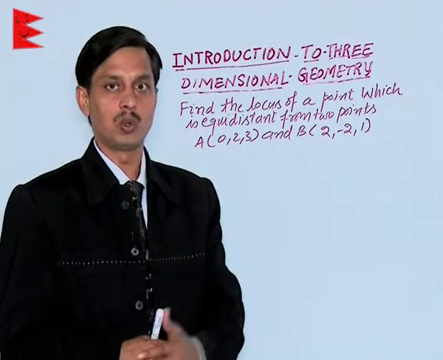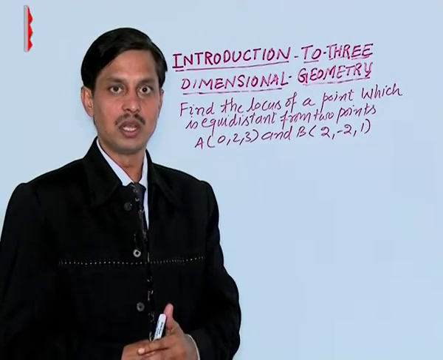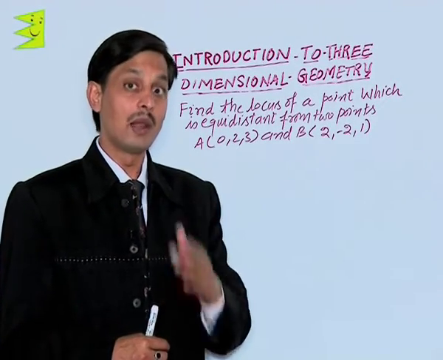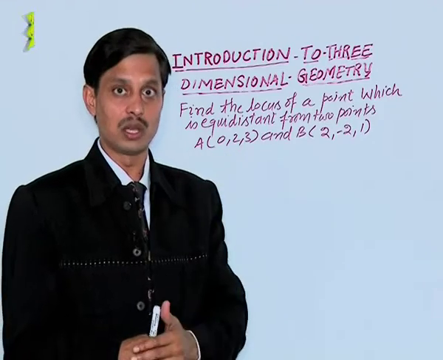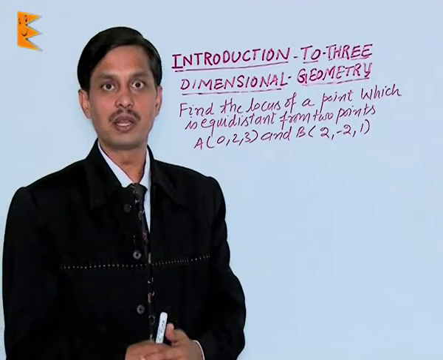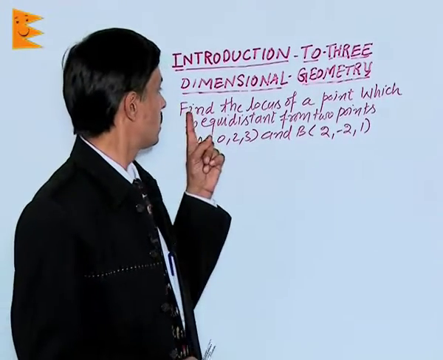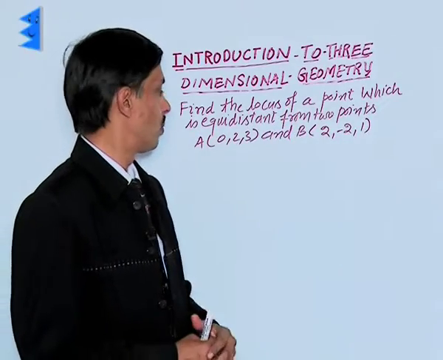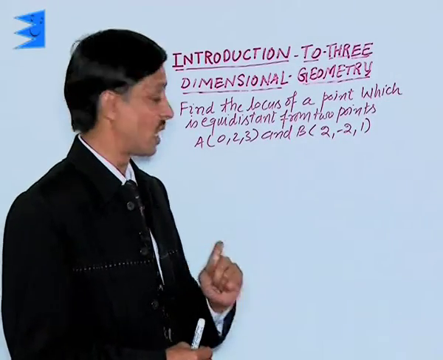A circle is also a locus. A sphere is also a locus. The right bisector of any line segment is also a locus. The angle bisector of any angle is a locus under some geometrical conditions. So the problem is: find the locus of a point which is equidistant from two points whose coordinates are given